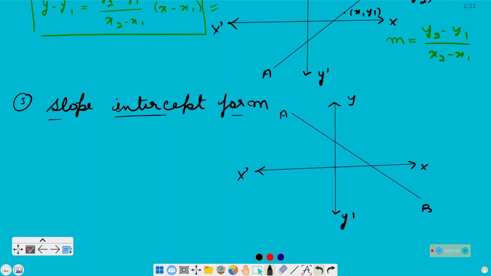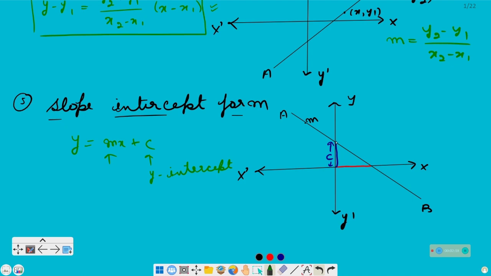Suppose we have to find the equation of this line AB and the slope of this line is known, that is m, and one intercept is known. Intercept means इस लाइन ने एक्सेस पर जो पार्ट कट किया है, x intercept is equal to this length and y intercept is equal to this length. If one intercept is known, suppose first of all y intercept is known, that is c. Slope and y intercept is given. Then the equation of line will be y is equal to mx plus c, where m is the slope and c is the y intercept. This is known as general form of a line.